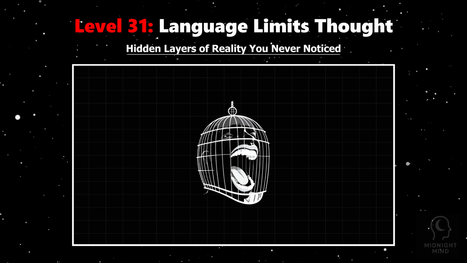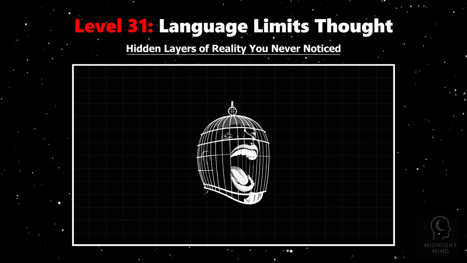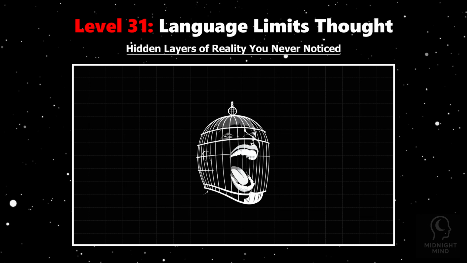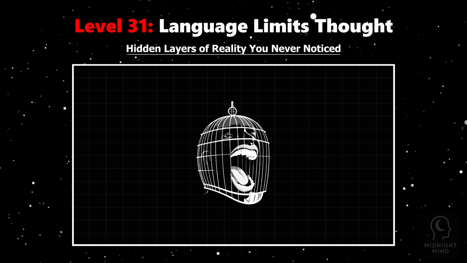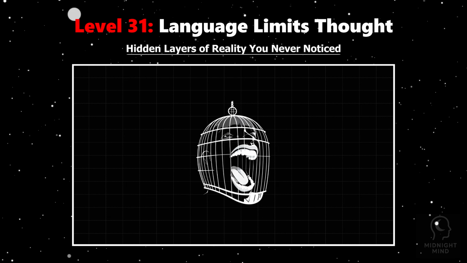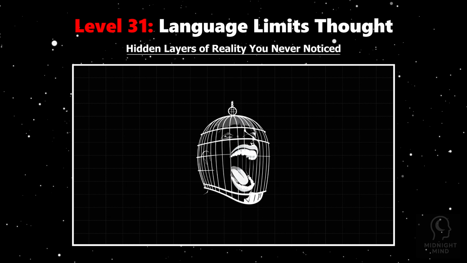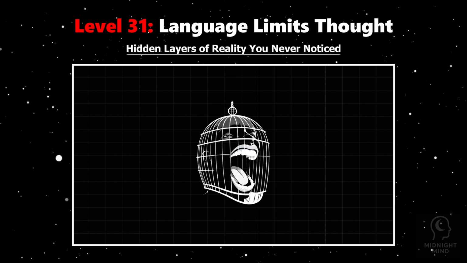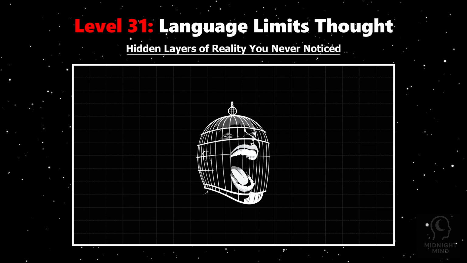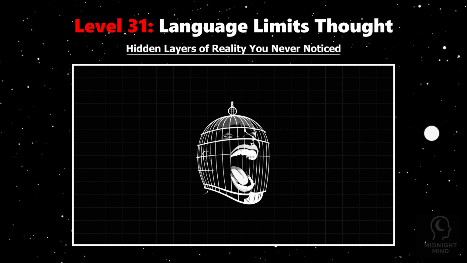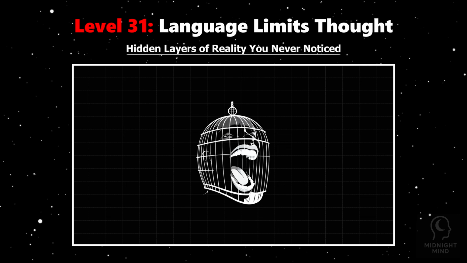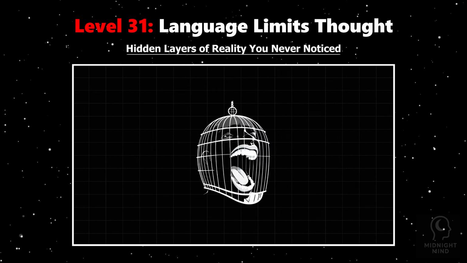Even abstract ideas like freedom, justice, or time are framed by the language's grammar and vocabulary. This means some truths are tethered to language's reach. New words expand your mind's horizon. Without them, entire concepts remain invisible. So next time you struggle to explain a thought or emotion, remember, your language is both a key and a cage. It unlocks some parts of your mind while silently fencing off others, shaping not just what you say, but what you can truly think.